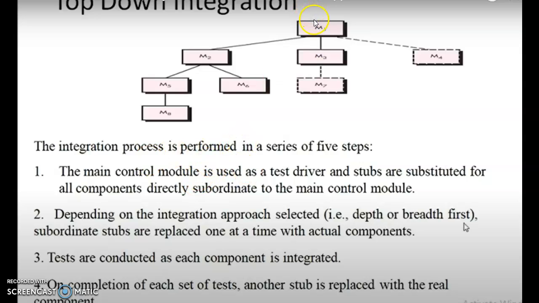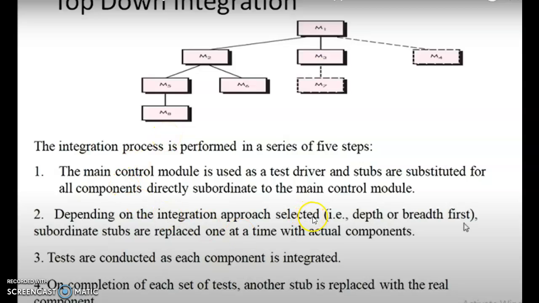The M1 is the main control module and is used as the test driver. Here the main control is done by the driver M1, and if DFS, M2, M5, M6 are tested by using M1, and it goes to M6. Likewise, the process is completed.